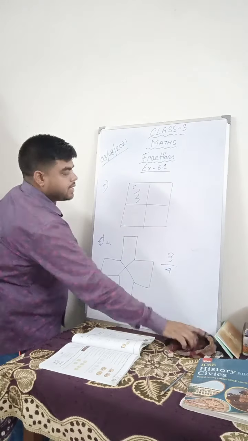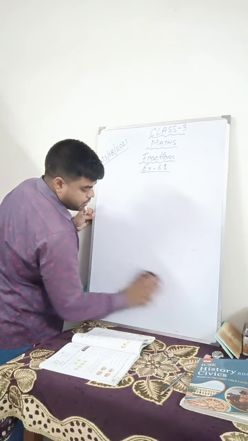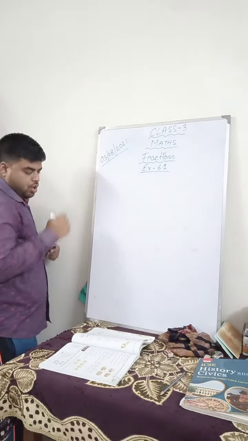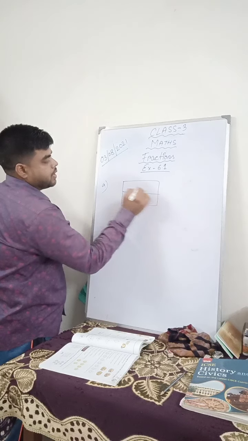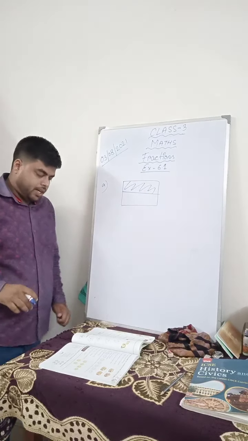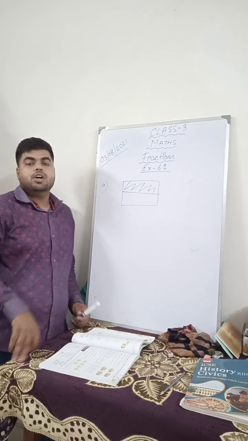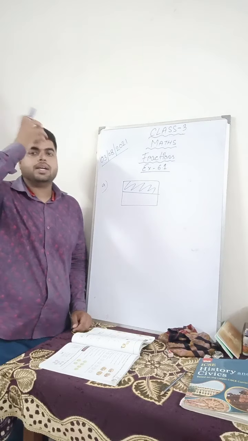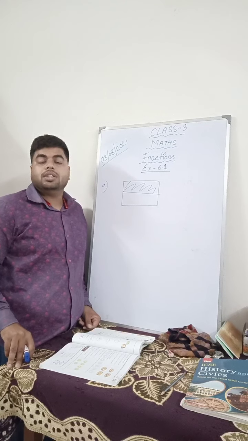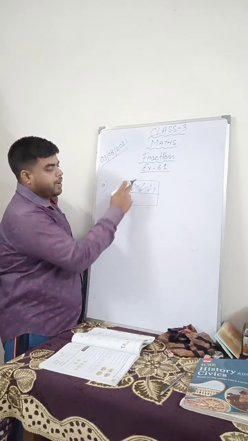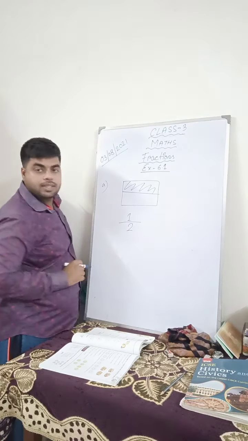Now in question number 6, they have given you the shaded part, but what is the question? They have asked you the fraction. So question number 1, suppose this is the figure, and they have shaded one. They have said write the fraction for the shaded part. They have asked you shaded or unshaded? They have asked you shaded. I told you in the introduction class that whatever they ask you, you will write in the numerator, and whatever the total parts, you will write in the denominator. So how many parts are there? 2 parts. Shaded they have asked, so one part is shaded, so you will write this.